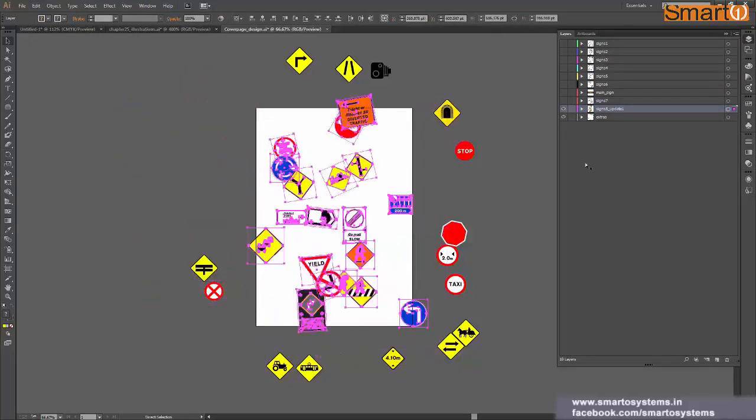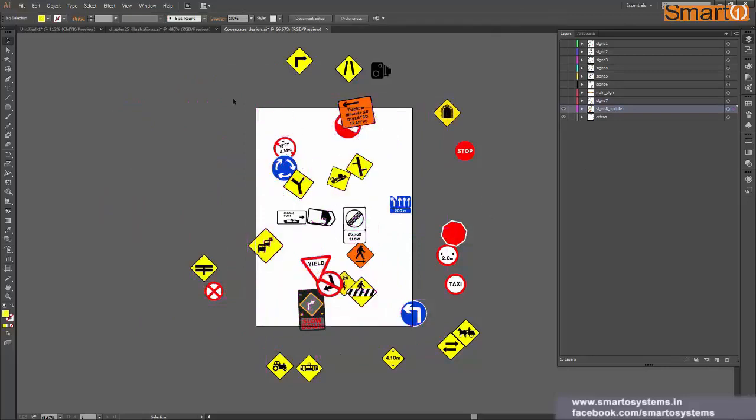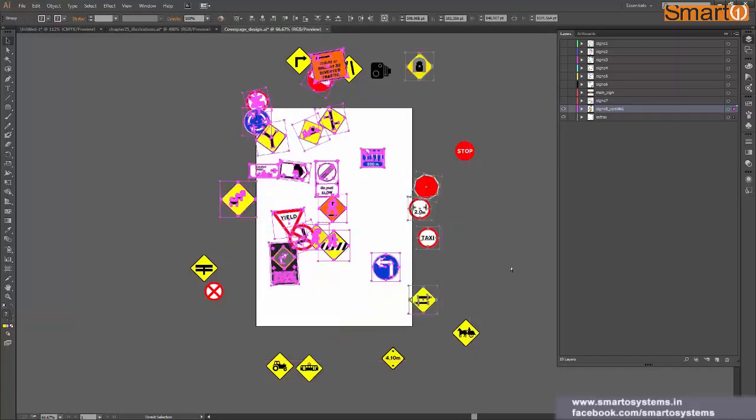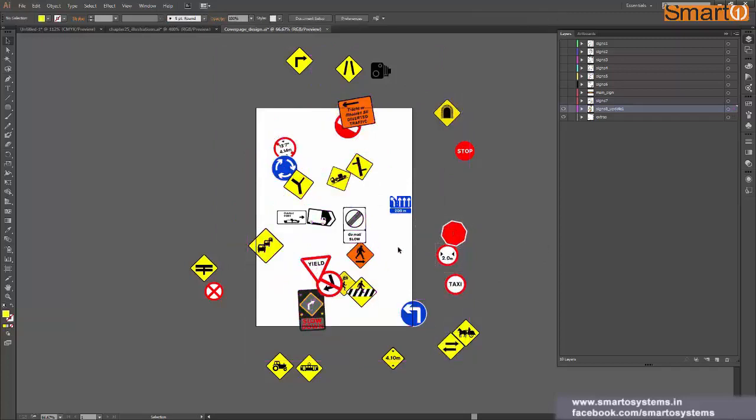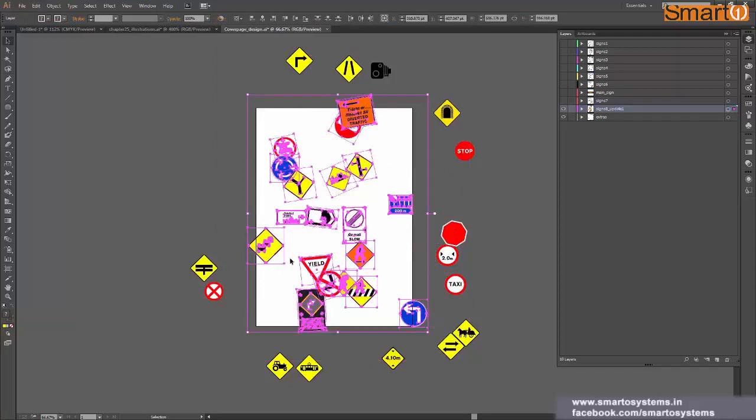So it is a good option because selecting all of the shapes one by one would be tedious, or if I want to draw something, it might happen that I accidentally select some of the shapes from other layers also. So if you specifically want to select something from a particular layer, you can use this option over here, and it will select all the shapes or everything which is present inside that layer.